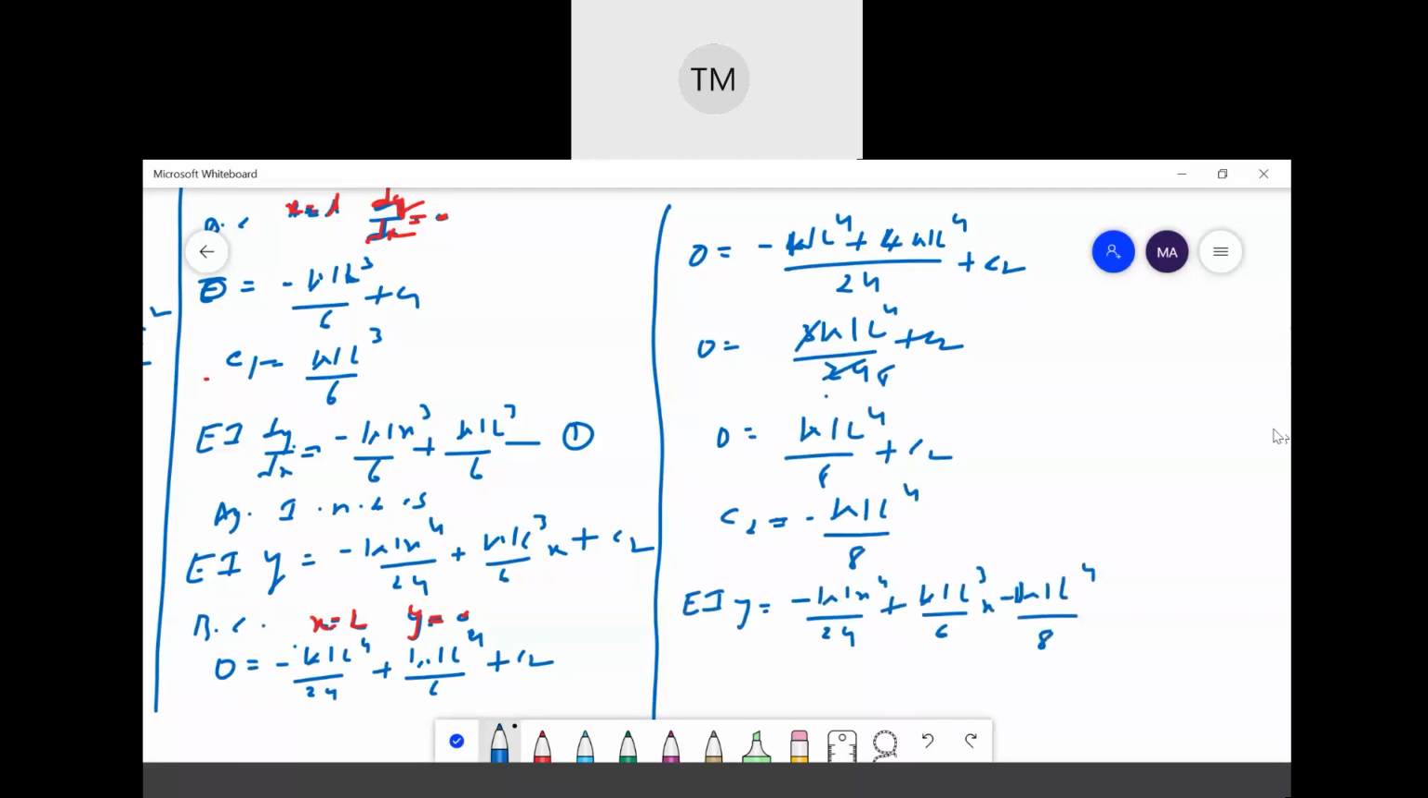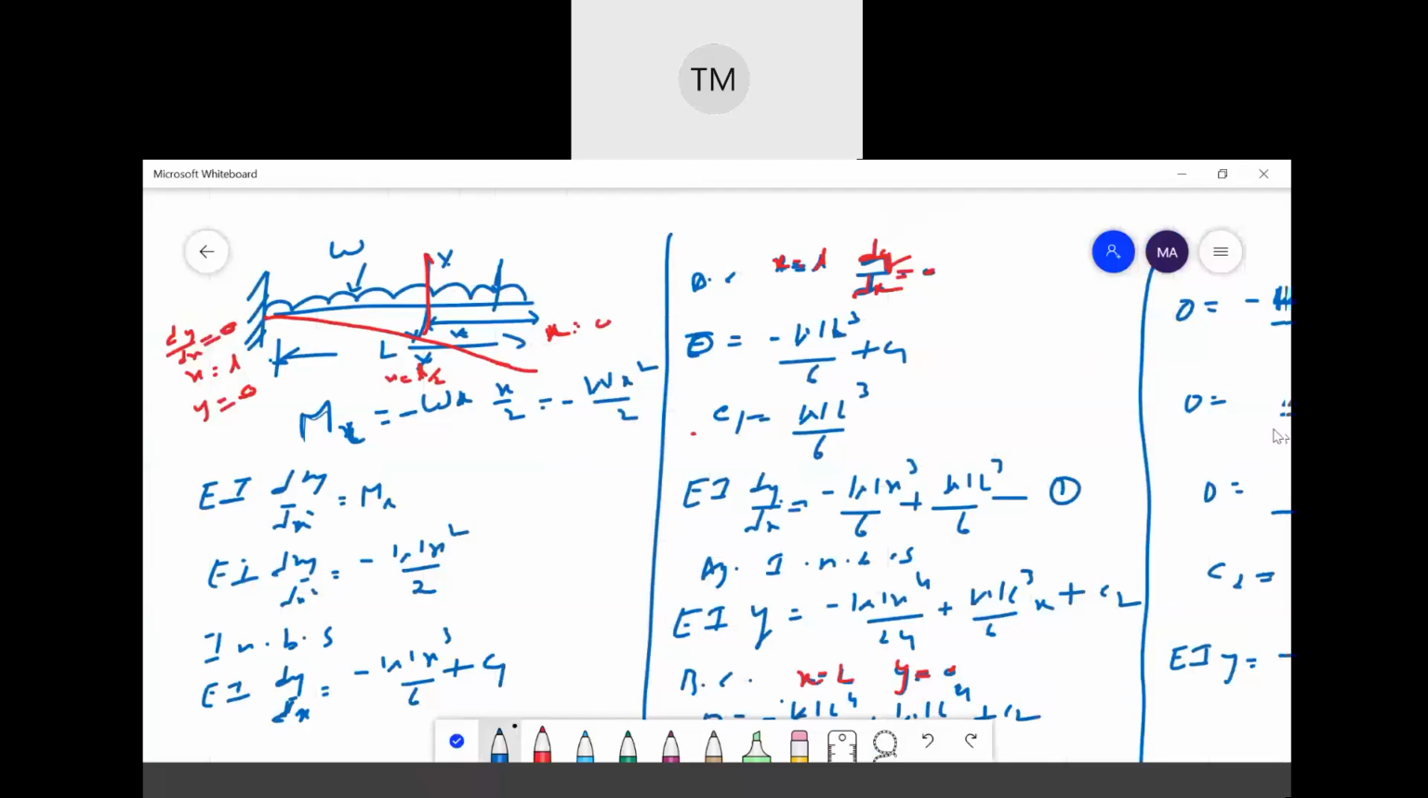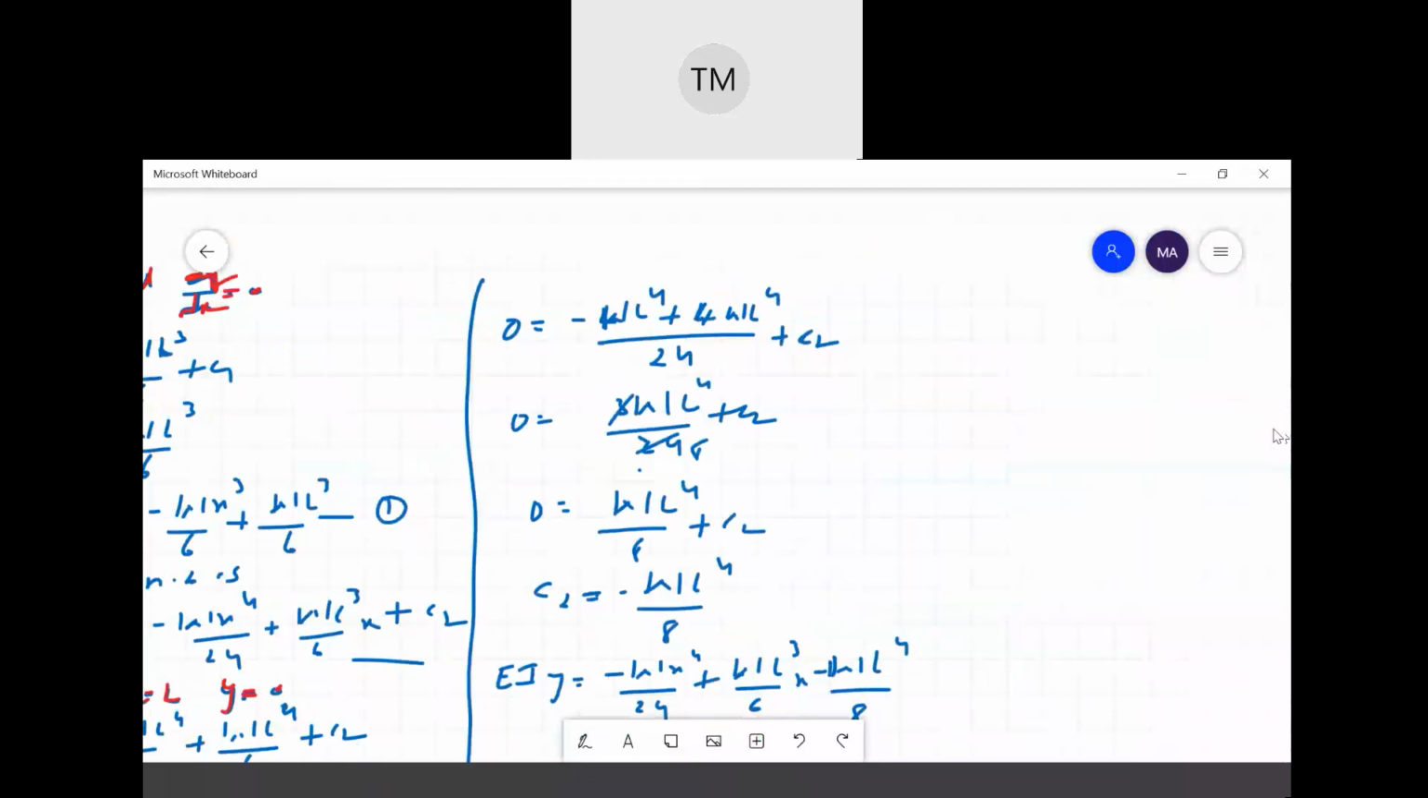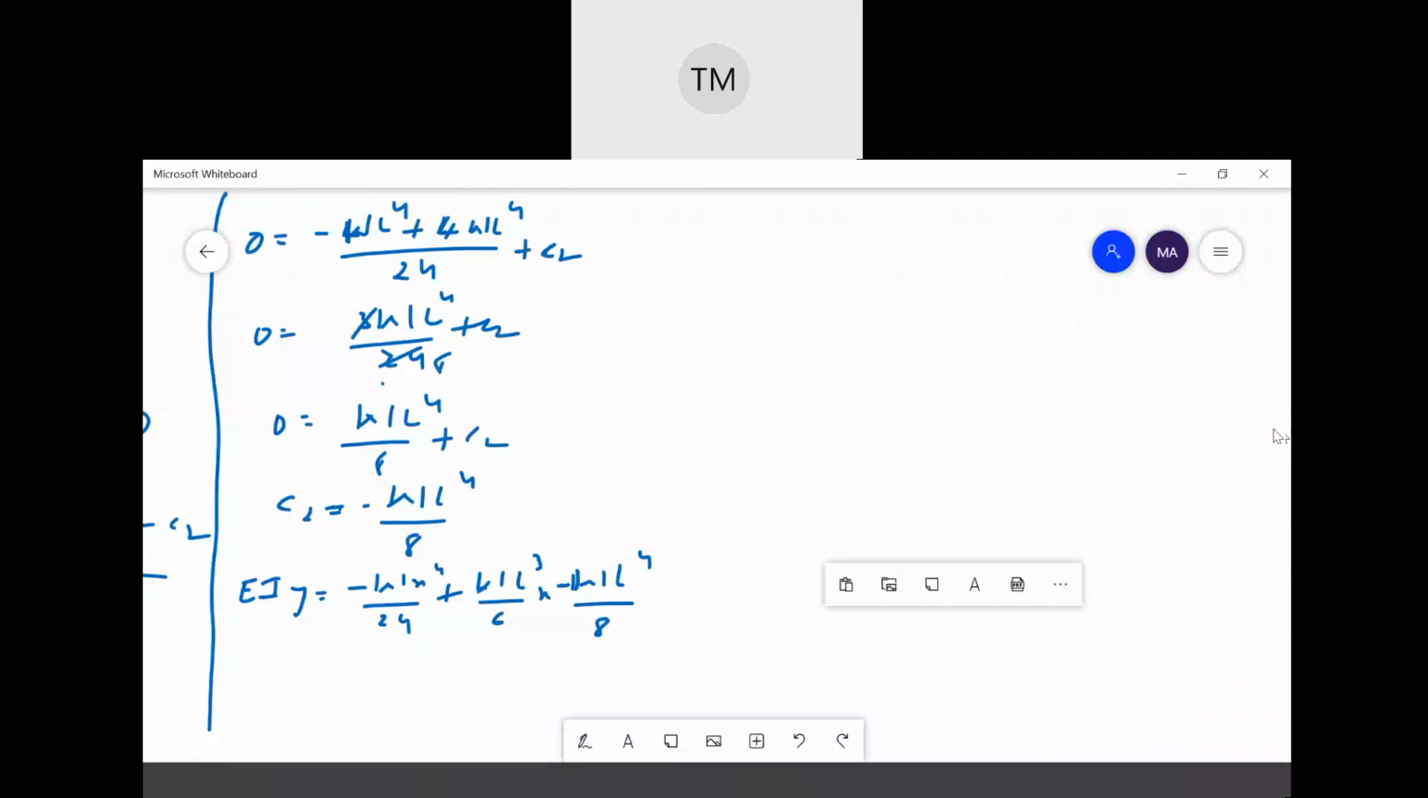Is it clear? Then always have a deflection and slope at a free end. When you consider the cantilever beam, the deflection and slope will be always at the free end. So at free end, the value of x is 0. So at free end, I am calculating the slope and deflection. So first I am calculating